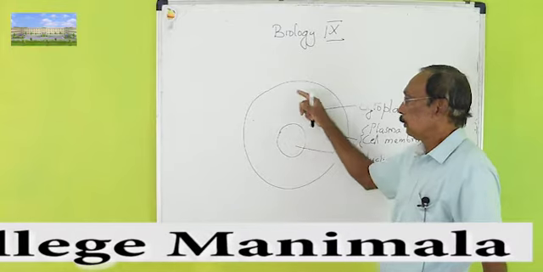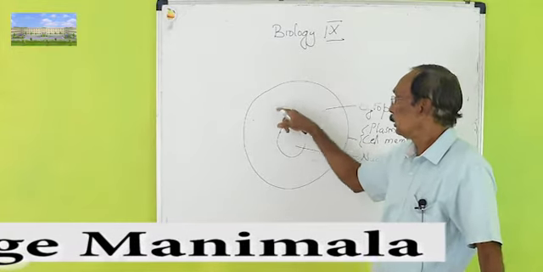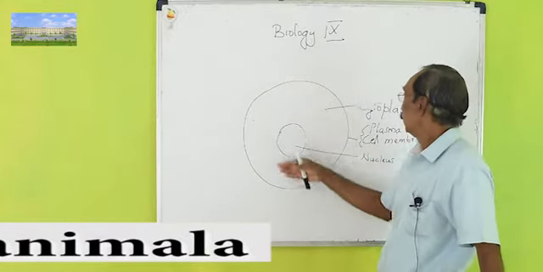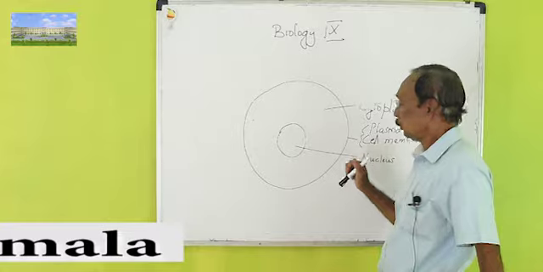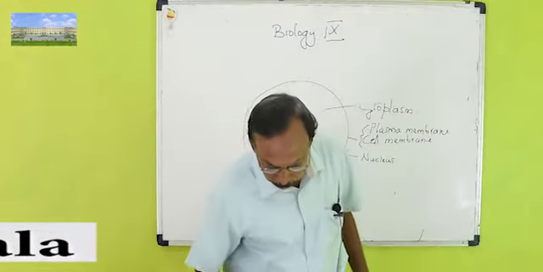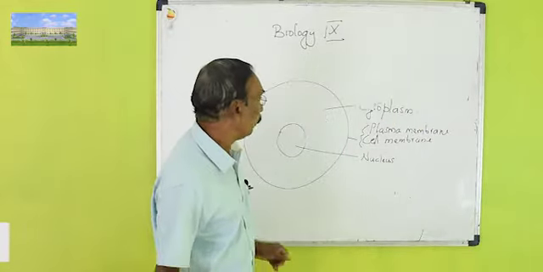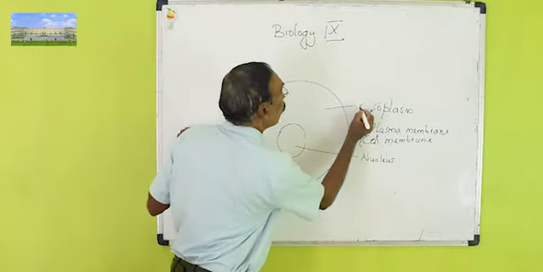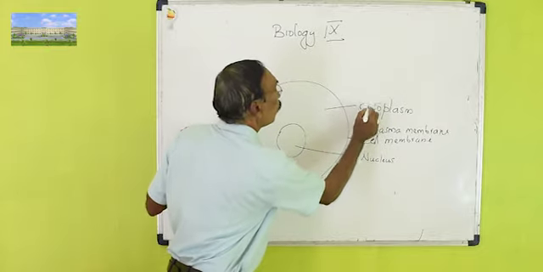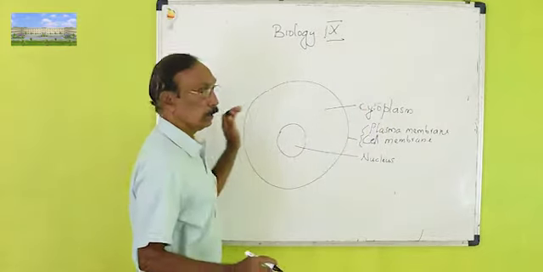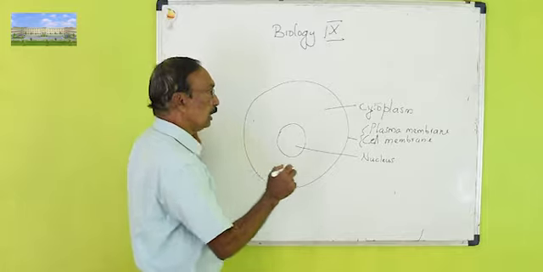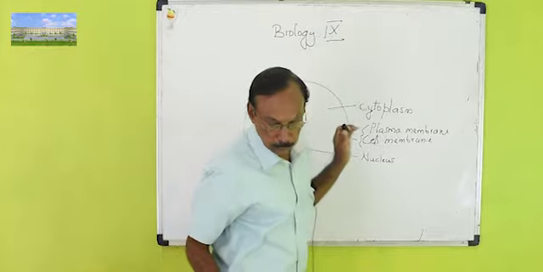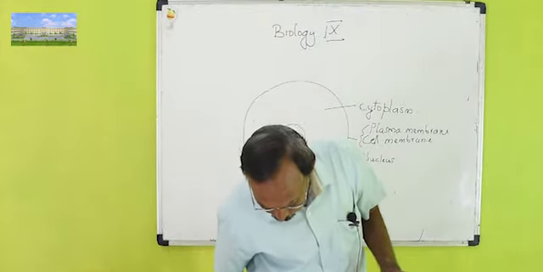You studied that the various structures inside the cytoplasm are called organelles. The cell is separated from the other cell by this plasma membrane. And the plasma membrane is selectively permeable. Selectively permeable means things can get inside and go out, but not everything, only certain things. Everything will not just come. Many of the things can come by simple diffusion.